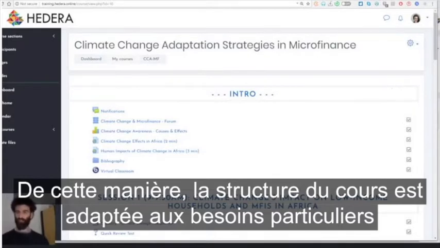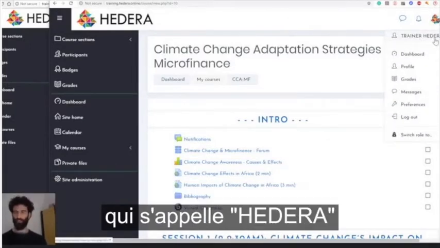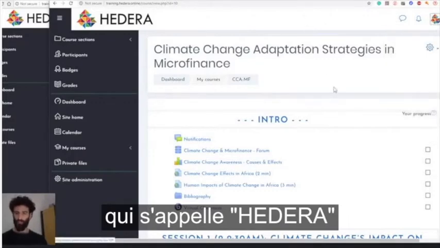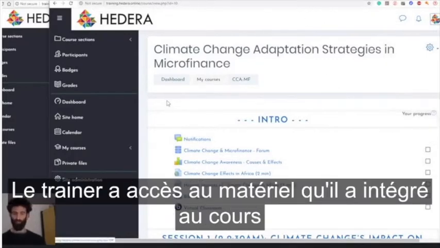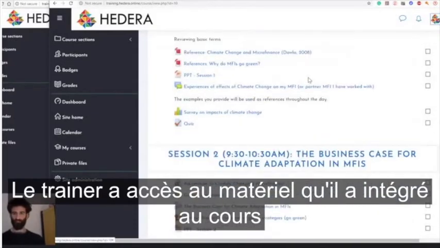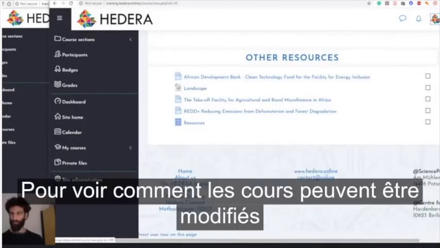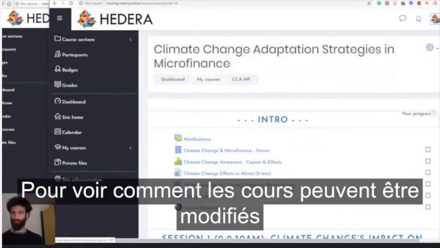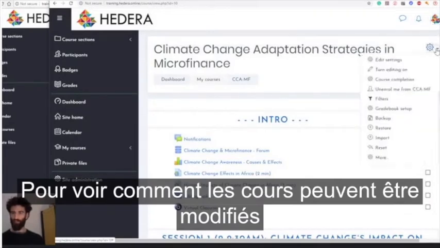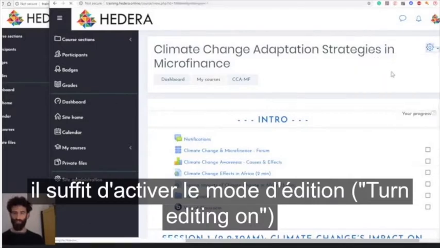Now, this seen from the perspective of the trainer, which is this profile that I have prepared here called Trainer HEDERA. Then the trainer has access, of course, to the same material, which the trainer itself, in this case, has built into the course. And additionally, to see how the courses could be edited, by simply turning the edit on,